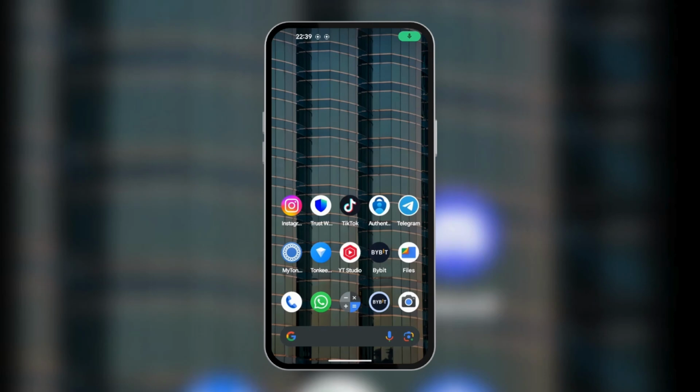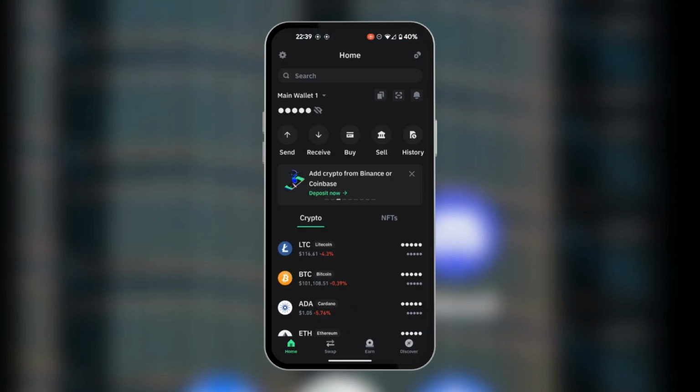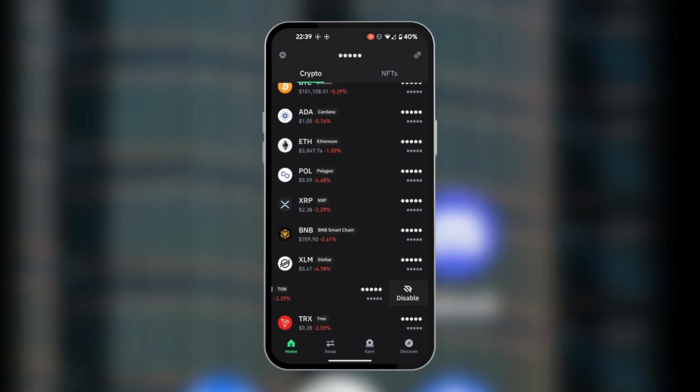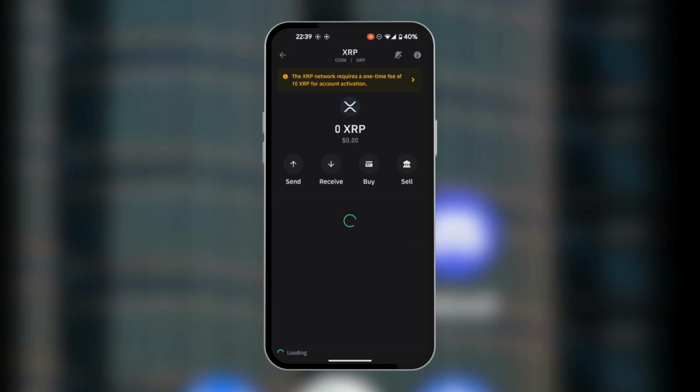What's up guys, in this tutorial we'll be showing you how to activate XRP in Trust Wallet. Go ahead and open your Trust Wallet app, and on the home page simply scroll down to look for XRP. You can see XRP right here and tap on it, and by default your XRP on your Trust Wallet is